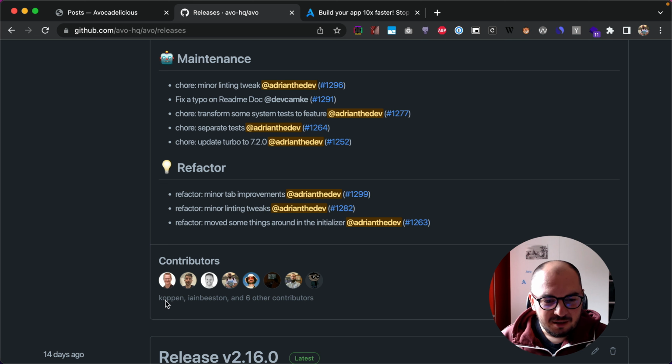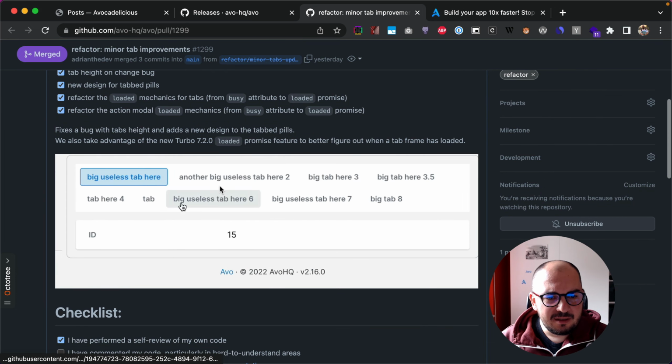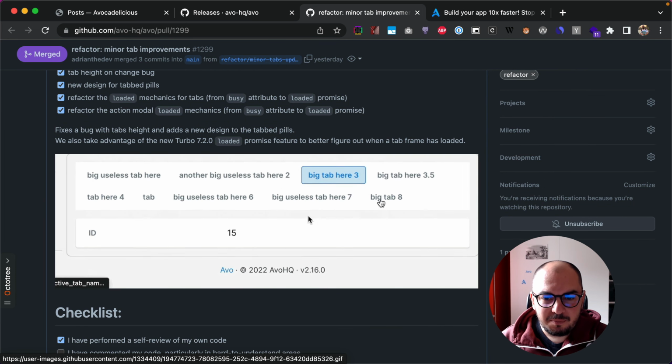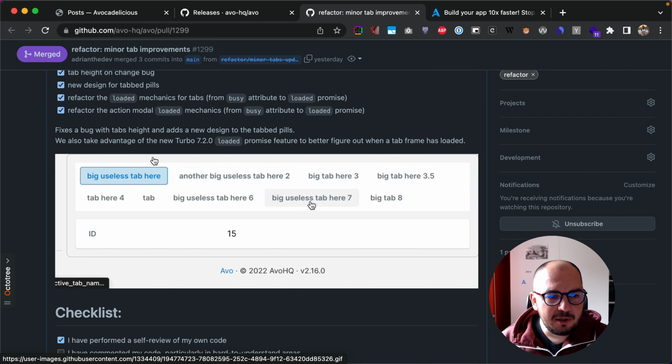Coolio. So bottom up, a couple of refactors. We moved a few things in the initializer to make it look a little bit more tidy. A few linting tweaks and minor tab improvements. Let's check these out. So for the tabs, we updated the UI a little bit, so the pills have this white background and a few more tweaks to just make them pop out a little more,